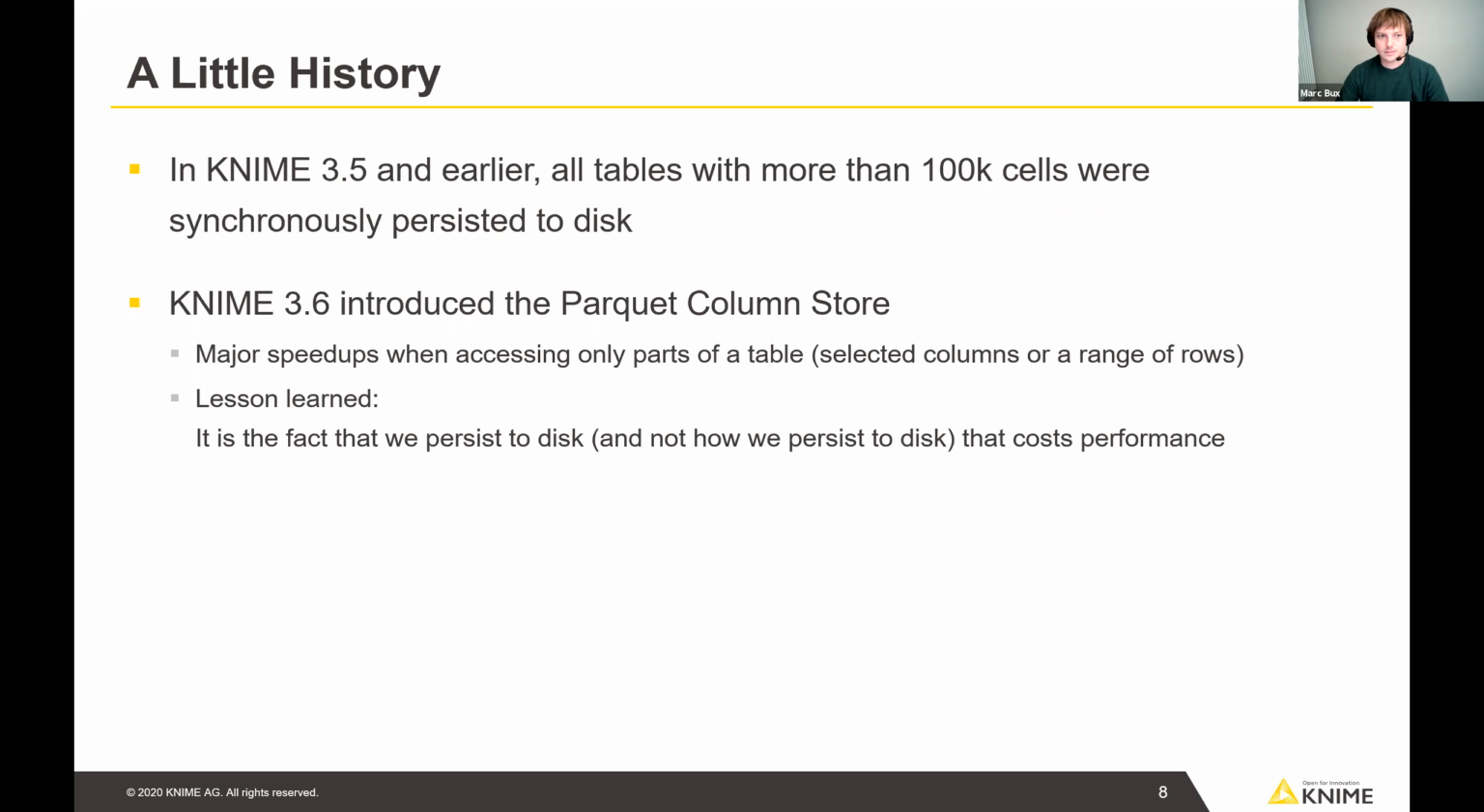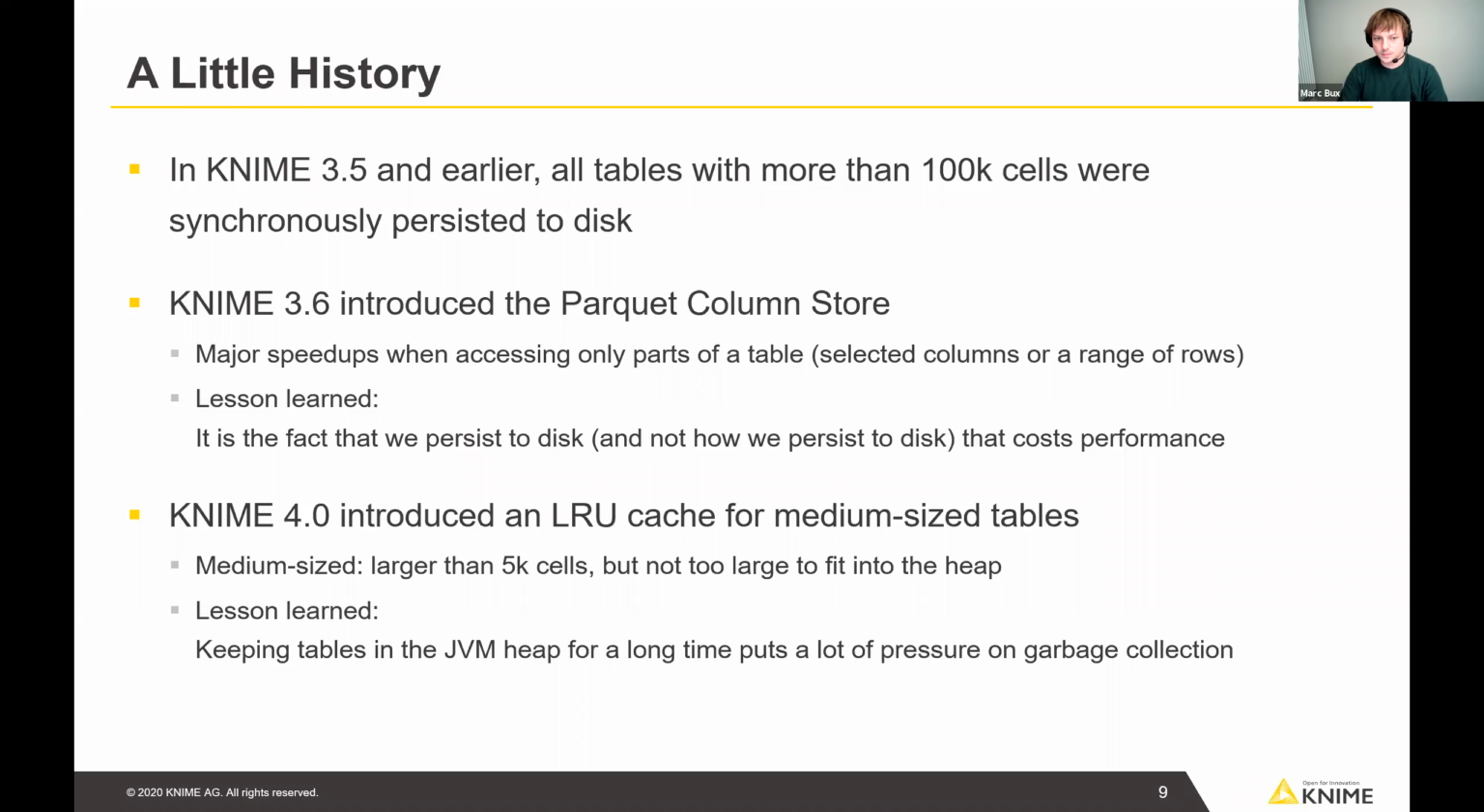So what we did next in Knime 4.0 was we introduced a least recently used cache for medium-sized tables. So what is a medium-sized table? It's basically a table that has more than a fixed number of cells. And this fixed number of cells we changed from 100,000 cells to 5,000 cells. But this medium-sized table at the same time is not too large to fit into the heap. So basically any table that fits into your Knime JVM's heap, but that is larger than 5,000 cells would be considered medium-sized and would be a candidate to be